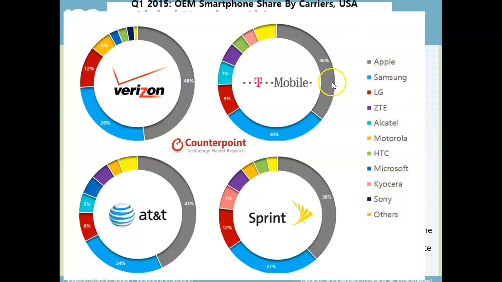This shows us that for every carrier, the largest phone sold, or the most often phone hooked up to one of their networks, is an Apple phone. And then we also have different players here that make phones. And this is specifically towards the US. You even have this little block here where AT&T and Verizon, just these two players, sell a Microsoft phone. And that phone didn't last very long or do very well. But